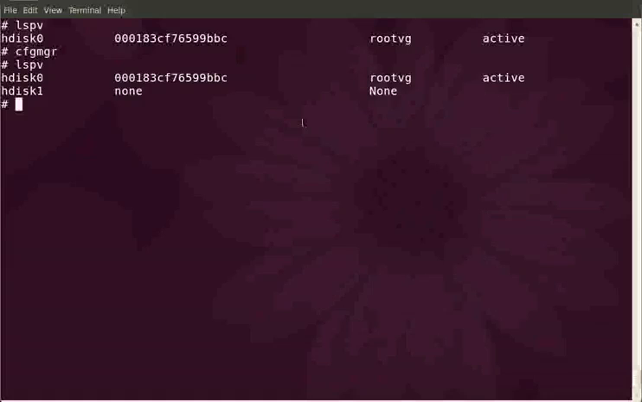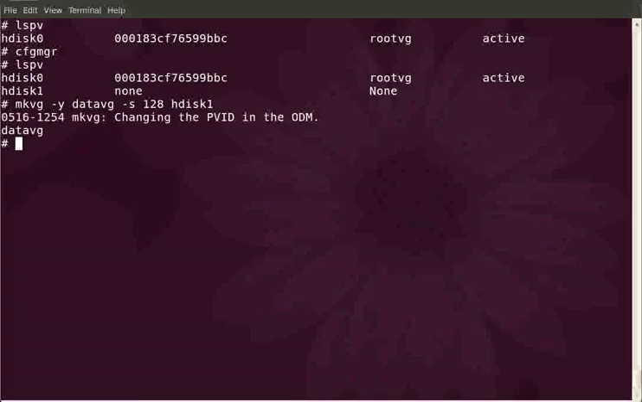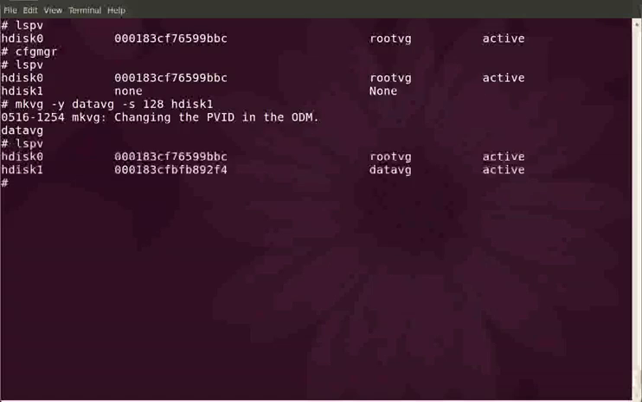volume group. I'm going to make a volume group with the name, say, DataVG. The PP size is 128 MB. Now the volume group is created. lspv shows hdisk1 belongs to DataVG,